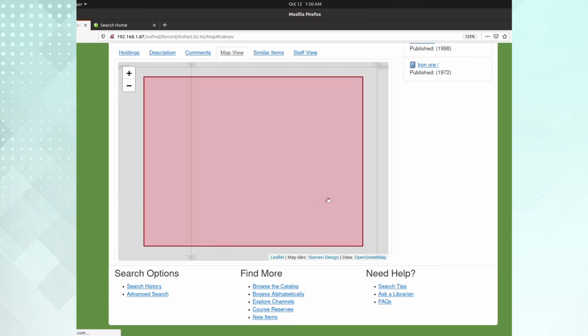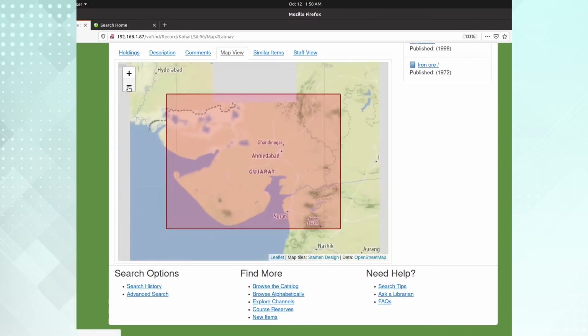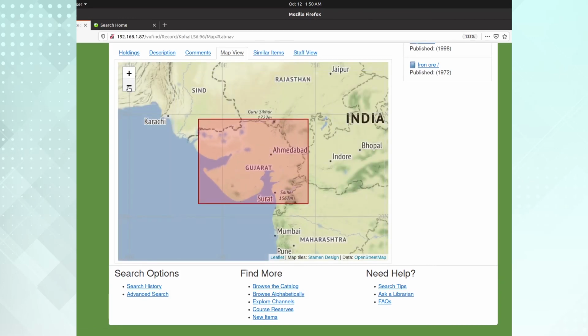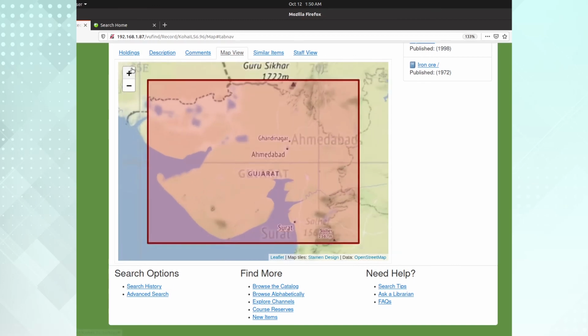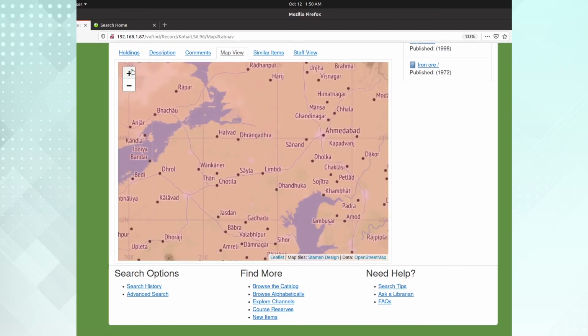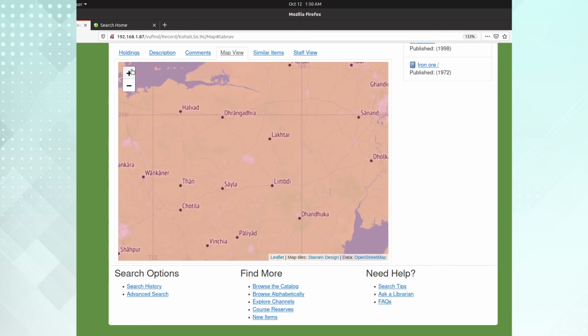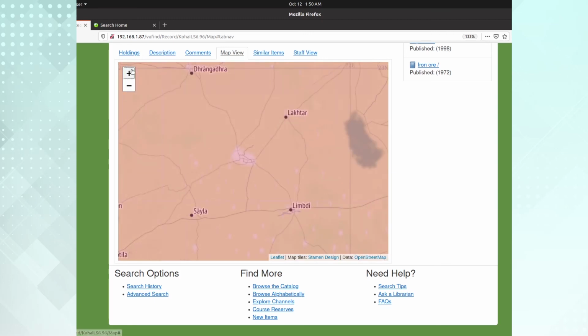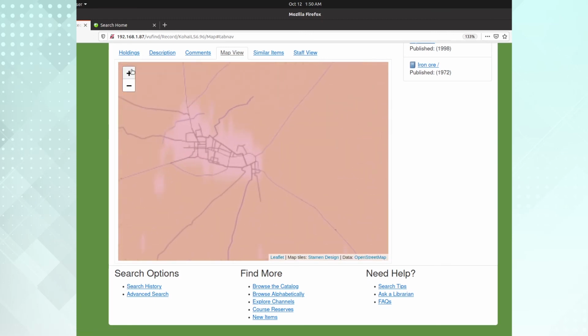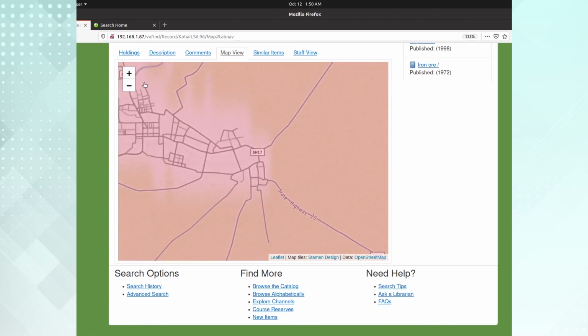If I click this map view, now it can display the map itself and it can locate exactly or pinpoint exactly where this particular document deals with, and you can zoom in up to many levels. So here you can see it can also display at the road level. So in this way